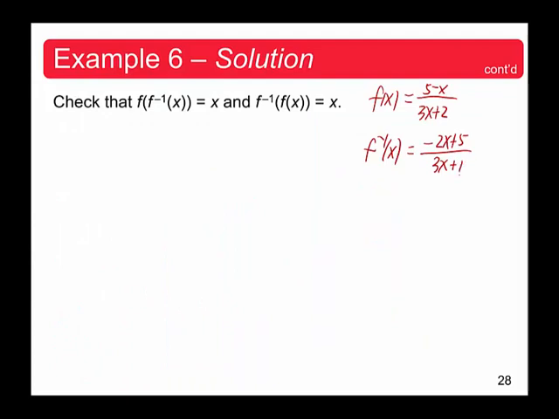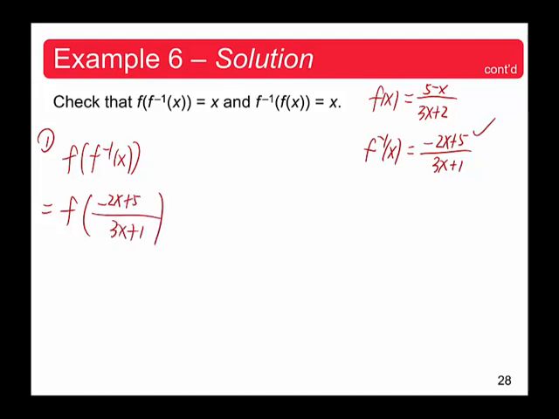Well, step 1, we're going to check f composed with the inverse function. So this is the inverse function, we replace it with this. So it's f of negative 2x plus 5 over 3x plus 1. Now again, we go back to the original function and replace x with the given